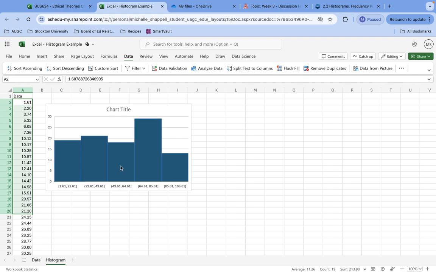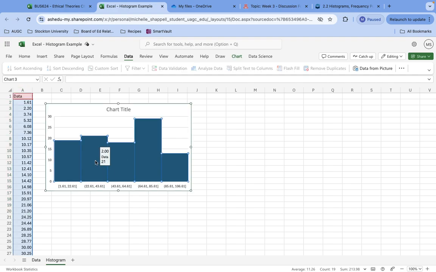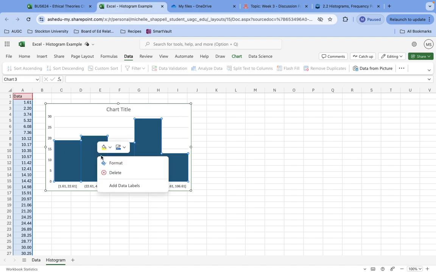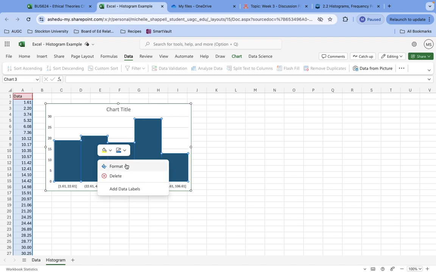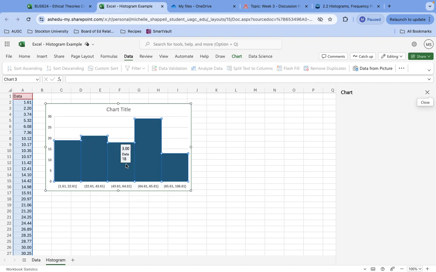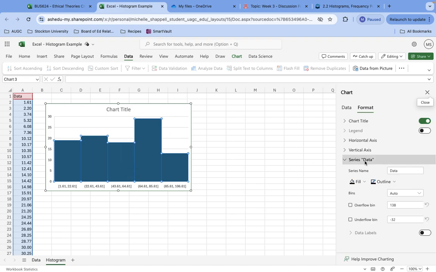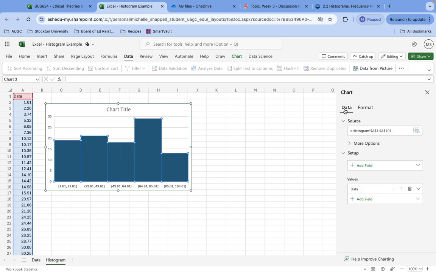But again, like I said, this might not be formatted the way that you need it to be for your assignment. If you right click inside any of these bins, it'll highlight the whole data set, and you can do a format button, and it will automatically bring up the chart options. And if you go to the data option under chart and scroll all the way down under data,